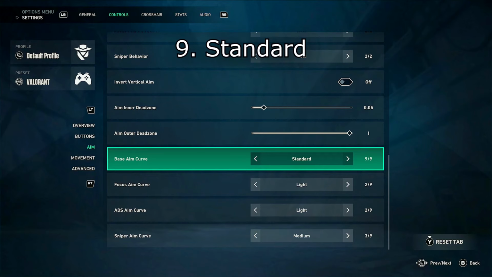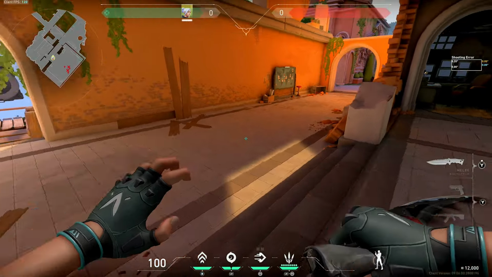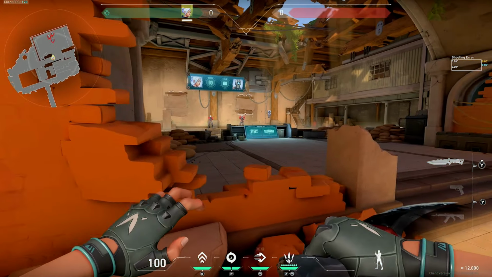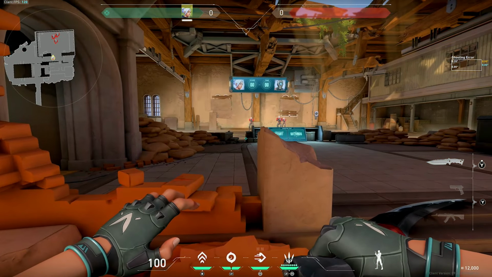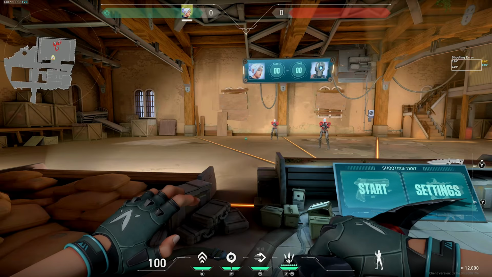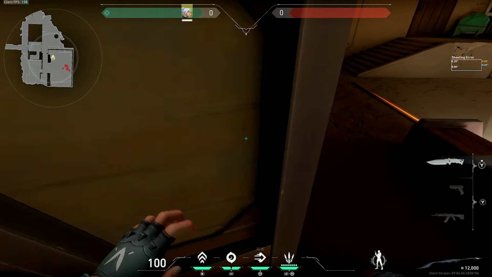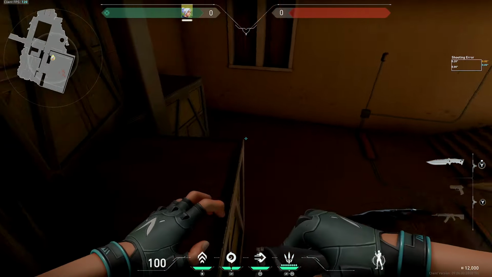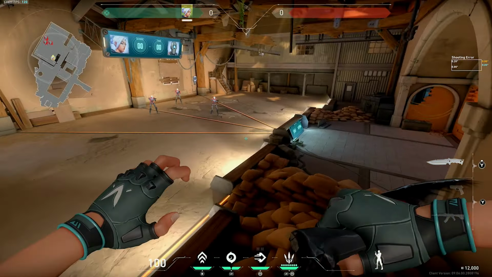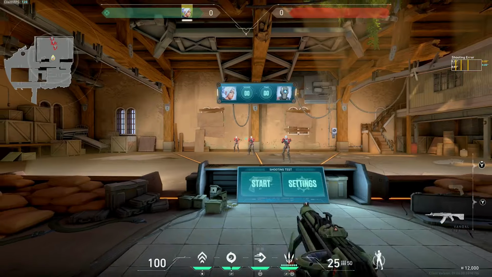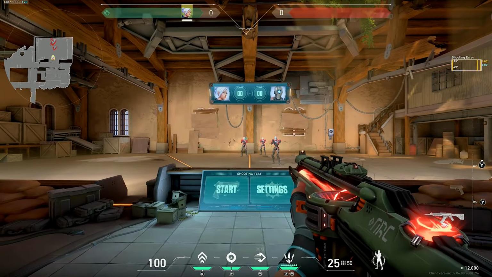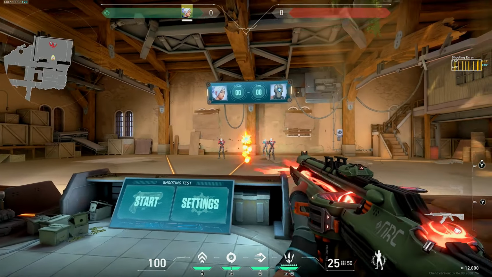And now we go over to the last curve in the game, and that is standard. Standard, in my opinion, is the best curve in the game, and I think it's the one that most people are going to be able to feel most comfortable with. This curve reminds me of other games like COD, Fortnite, or Overwatch. It just feels like a default sensitivity. If you're looking for a curve, I think standard is going to be your go-to, and most people do use